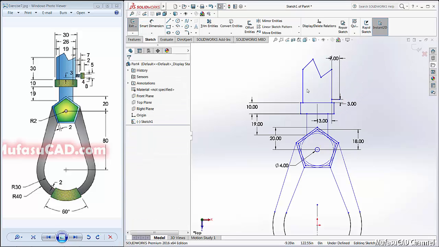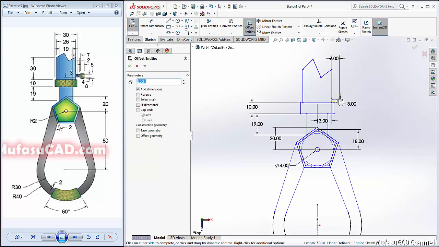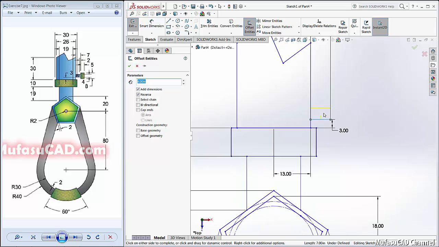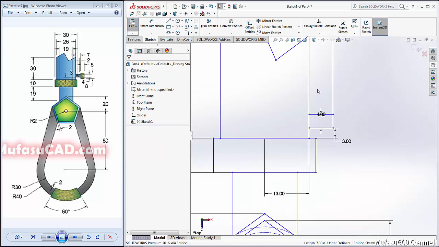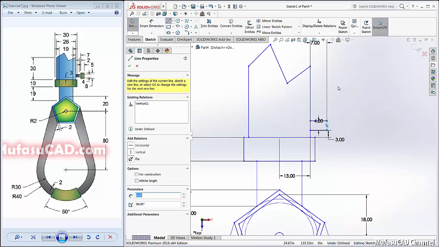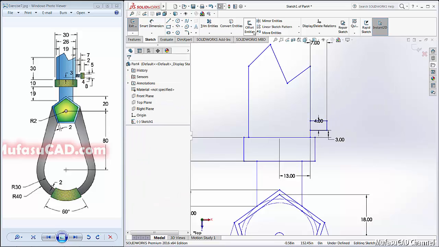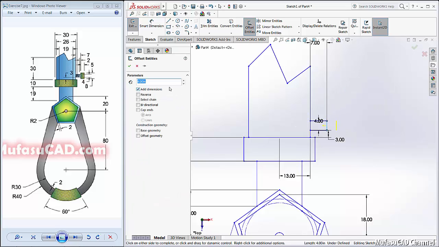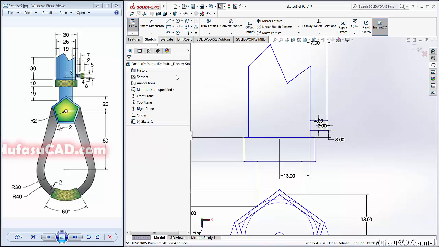Okay, then I will offset this line, set this object about 4 point to the reverse. Okay, you can see here, and okay, and correct line again in here. Right click, select, and offset again this line about 2 point reverse. Okay, and select okay here.